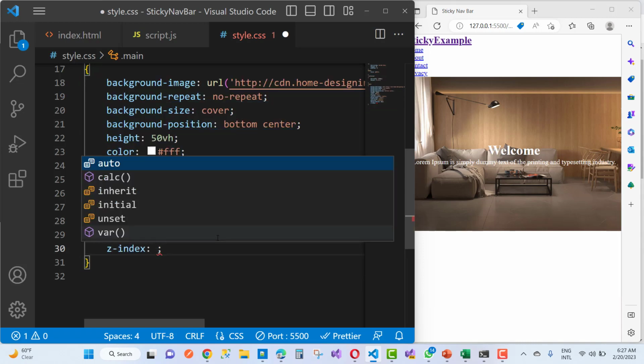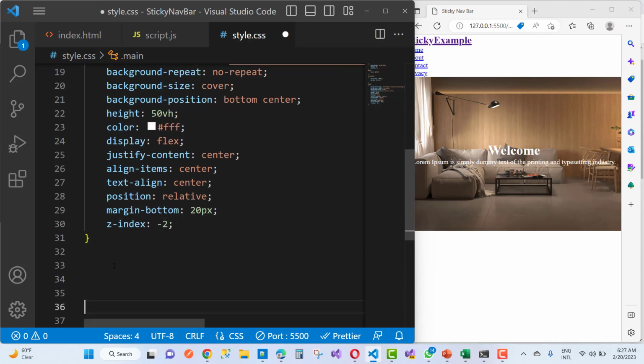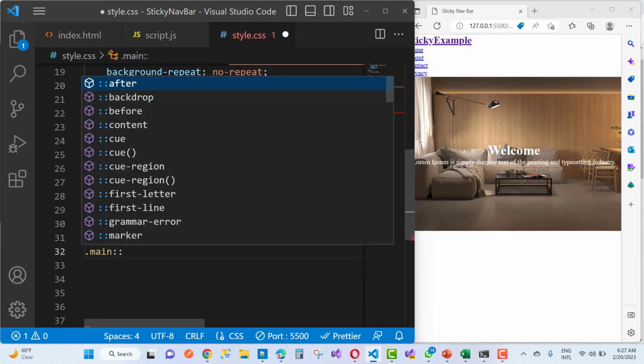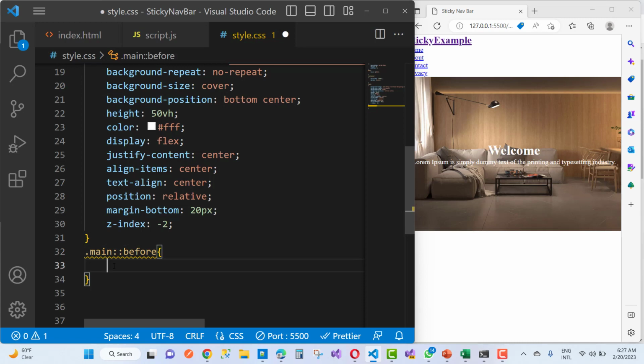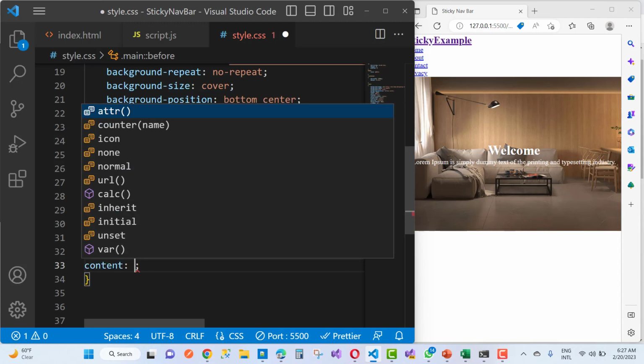So here I am going to add -2, so the image text is visible on that, but I want to take the image transparency so that the text will be visible clearly. So here you can say the class is main, and just colon before, that is the class main, and the content in the class is empty,